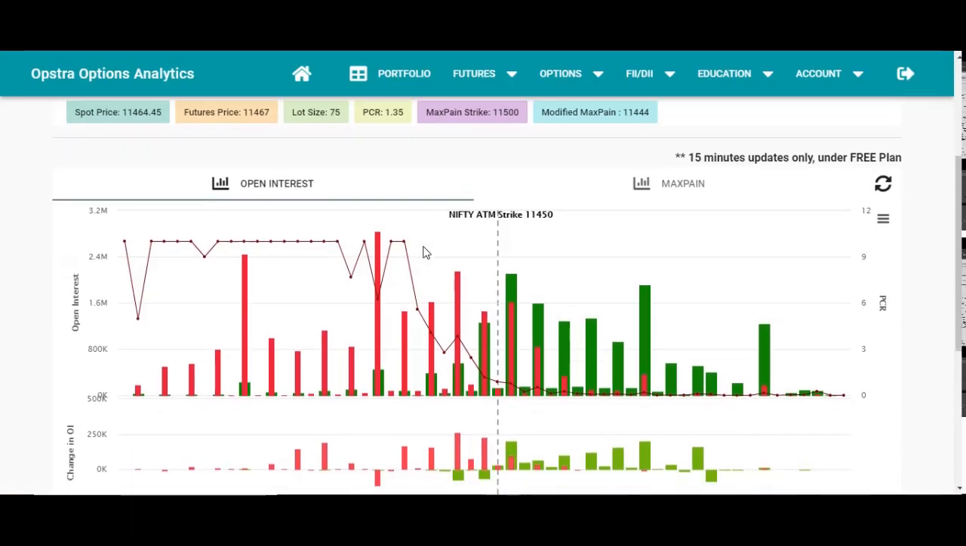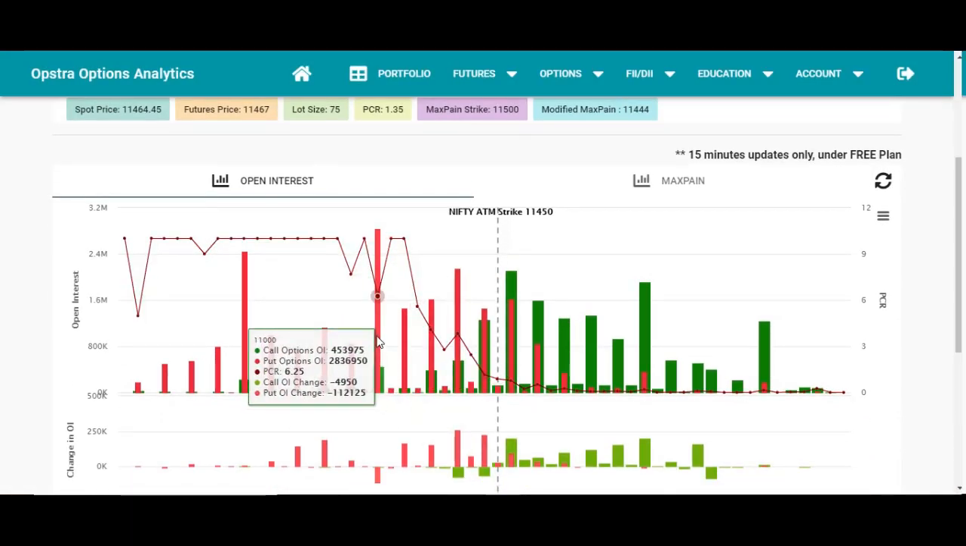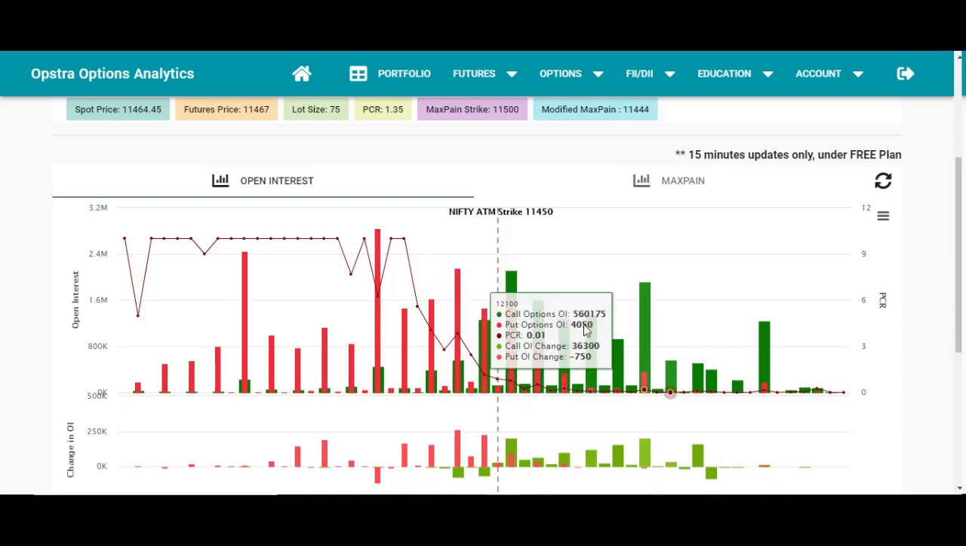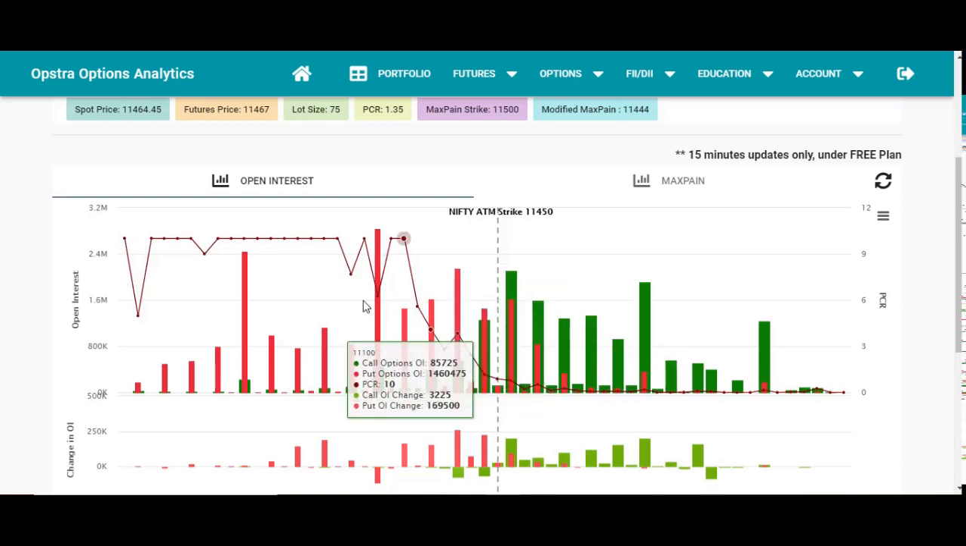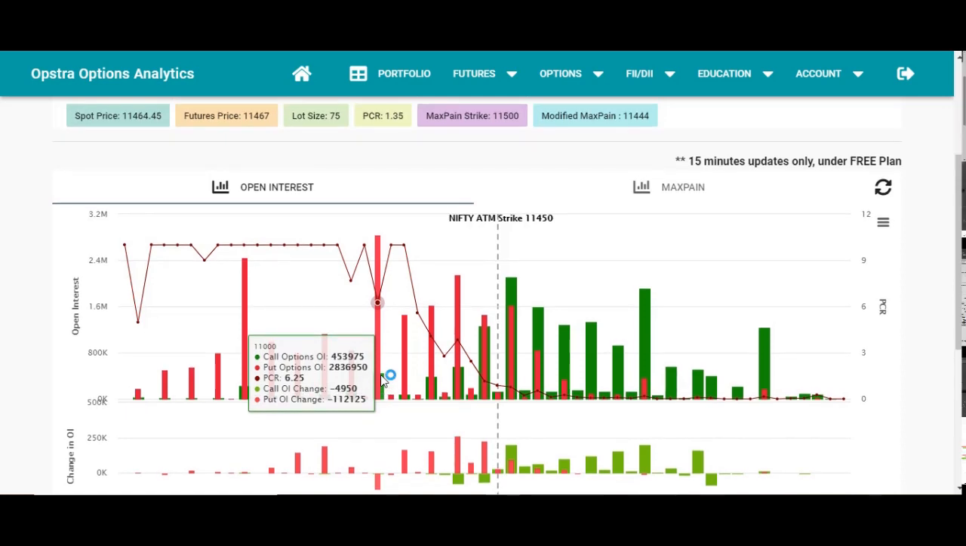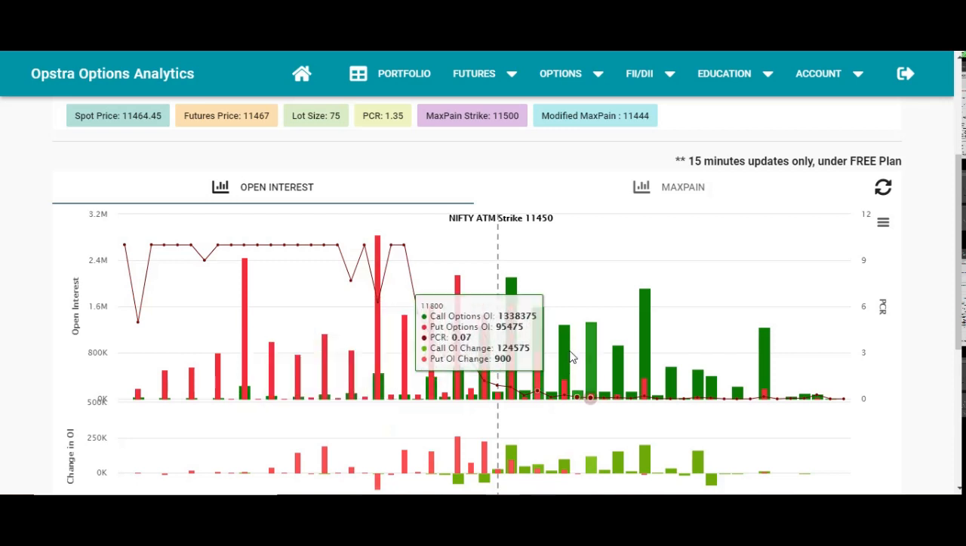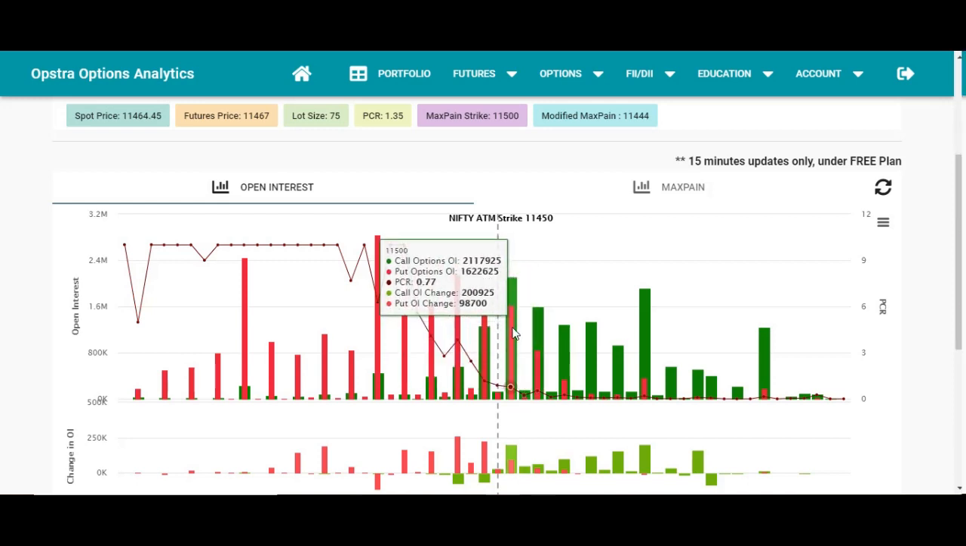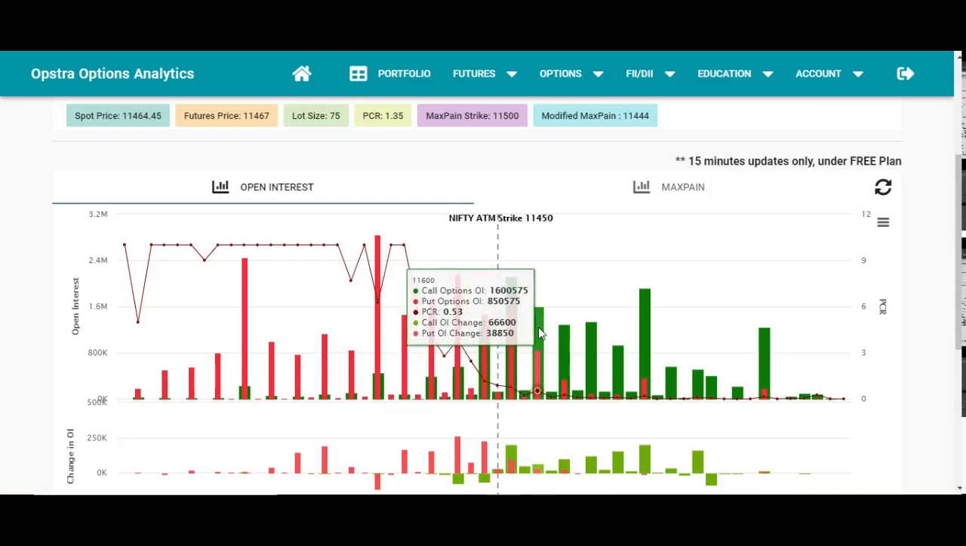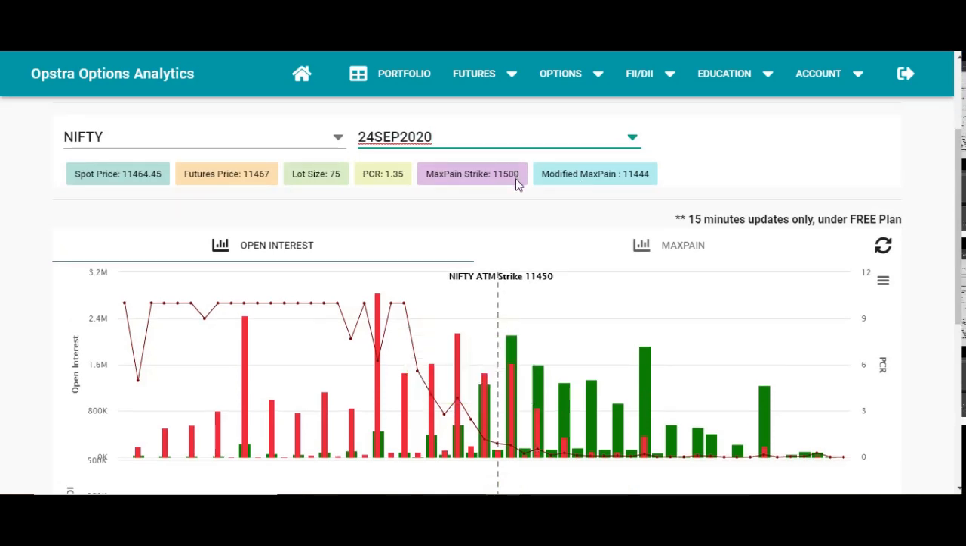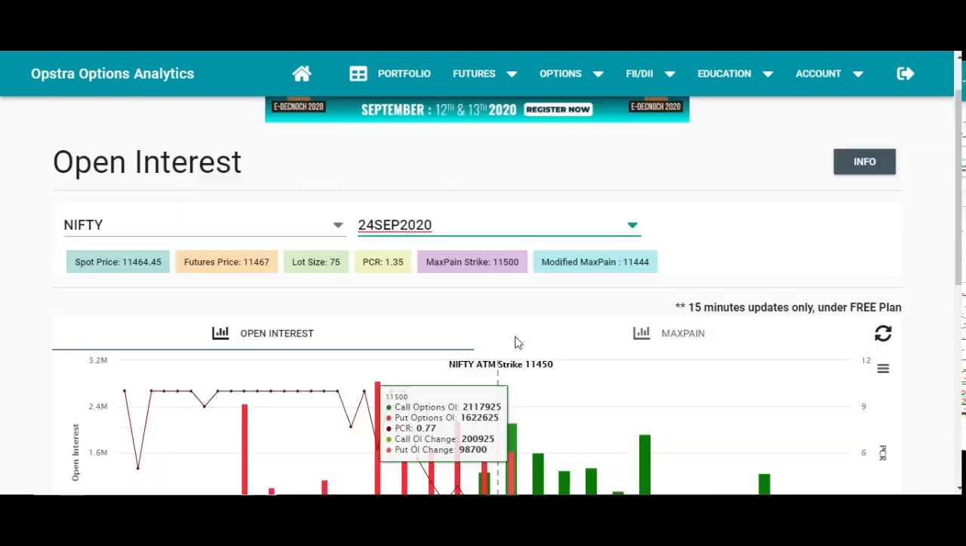So here you can see there is a larger number of open interest on the put side, and the call side open interest is not much compared to the put side, right? Here you can see 11,000 is having a larger open interest on the higher side on the call option side. Here I can see 10,500, which is at the money, having a large open interest, and next to that 10,600 is having a large open interest on the call side. Also you can see that the max pain strike price is at 11,500, which is almost at the money, right? So we are going to build an